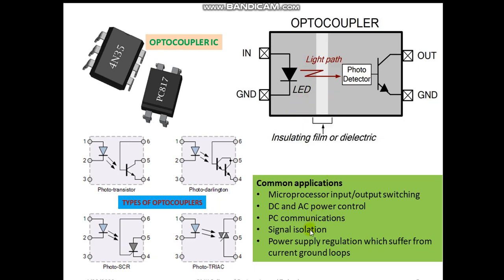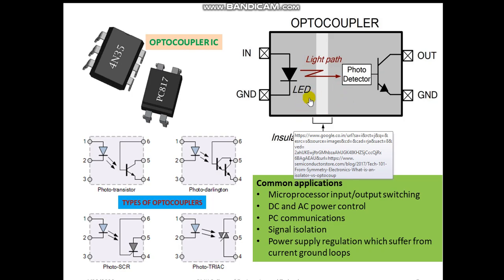The last and very important application is in power supply regulators, because in power supply regulation it mostly suffers from grounding the current. So this kind of isolating part, that is opto-isolators, is used to avoid